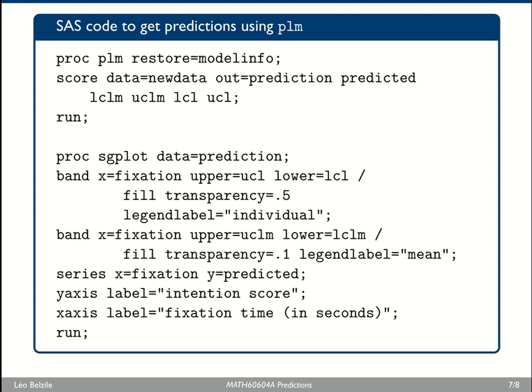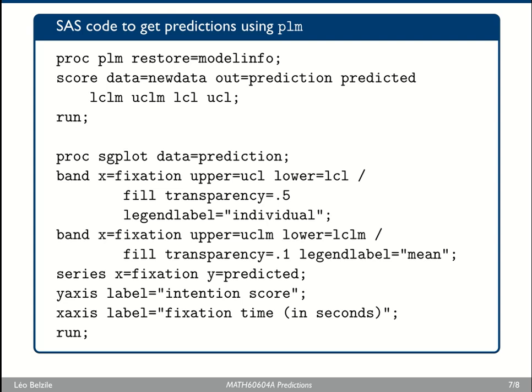So here I'm saving it in a data set called prediction in the temporary library, and I'm keeping the predicted values and the confidence limits for the mean and for the individual observations. And then I can use this to create a plot where I'm going to draw a line.